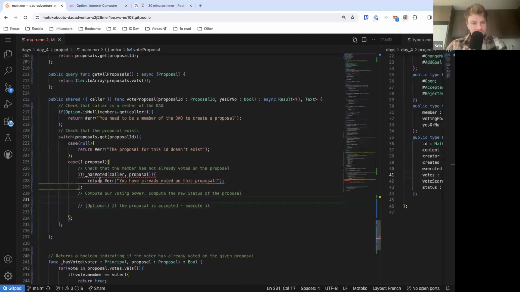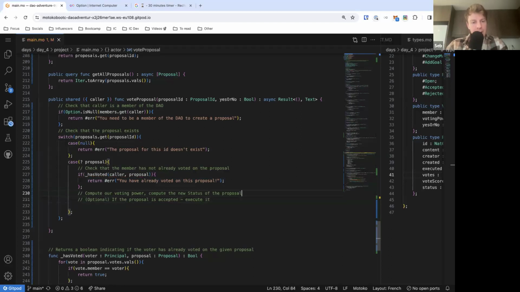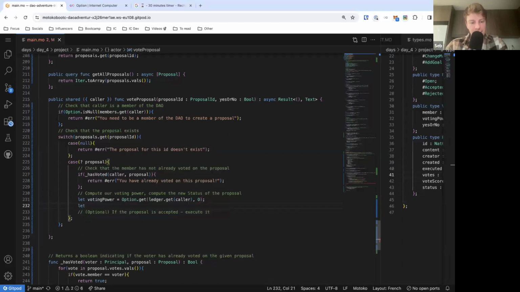For that, we need, what is wrong here? I guess that's just normal. Yeah. Let's see, voting power will be the balance, actually, so our token balance: Option.get ledger.get caller, 0. Let balance, sorry, let balance. Let multiplier is equal